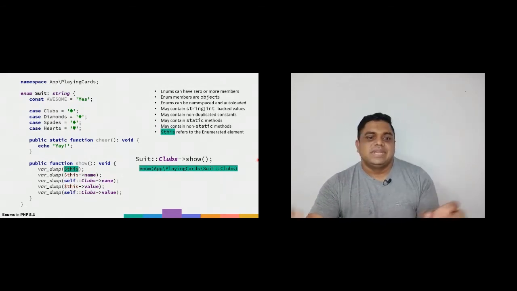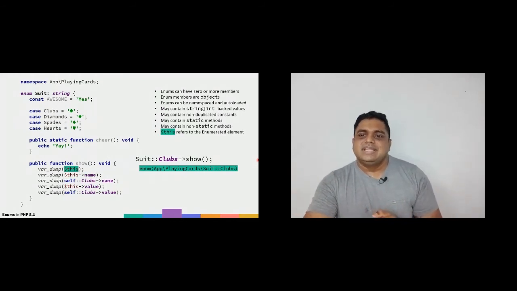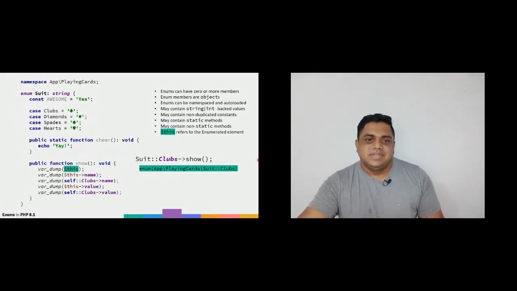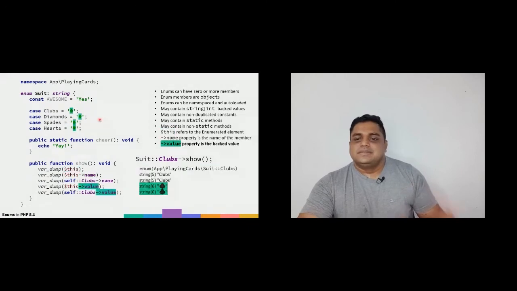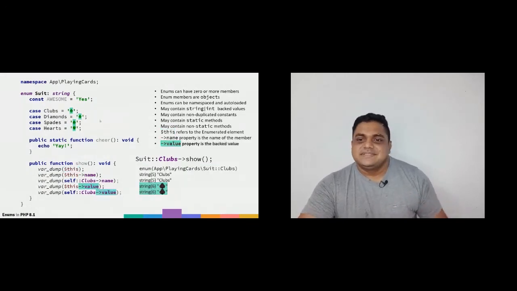Enumerated type itself. So you can compare this to this, and this will be the truth as well. All of these enums have a special property called name. You don't have to declare it. PHP does this for you. So this special name property is then the value of the enum, like here. There's also a value. That's the value of this enum. Now, not all of the enums have this value property, because some of these enums don't have values in the first place. We also have examples in all of these cases, of course.